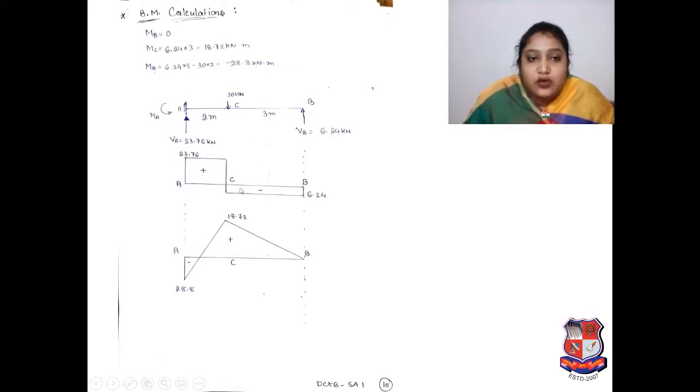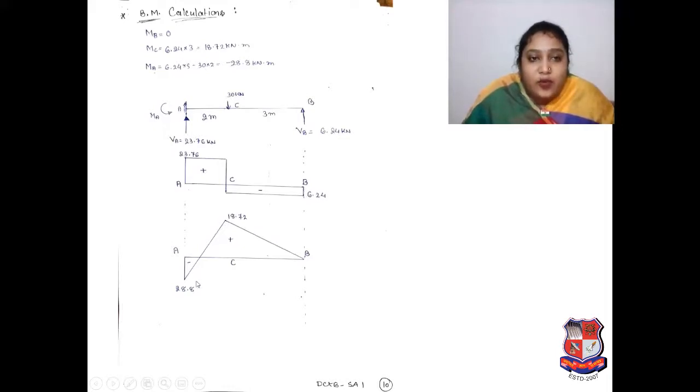So it is mentioned moment A, VA is here, VB is here. So we have to draw shear force. So whatever VA we received, we have to put that value. So it is positive, so it is upward. No load between A to C, so it is a straight line. Again 30 kilonewton load downward. So 23.76 minus 30, so it will be minus 6.24. So here 6.24, it is in downward, so it is minus. So again there is a straight line 6.24, and here it is completed.